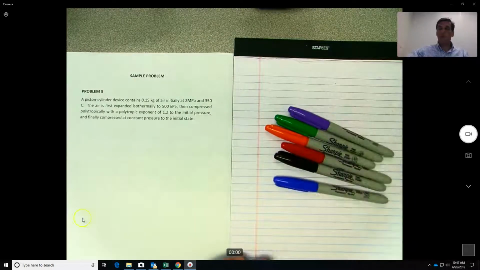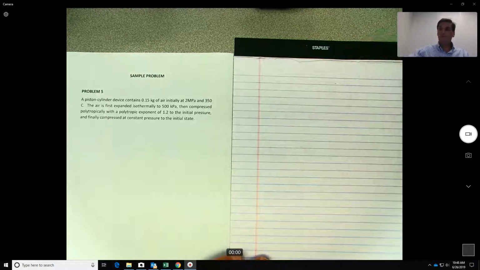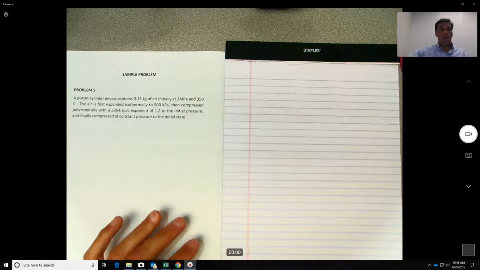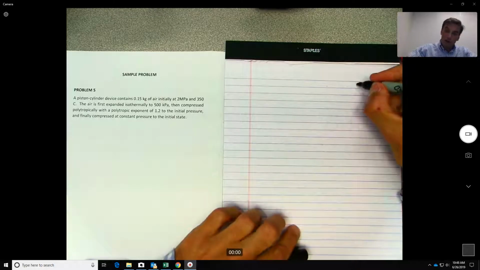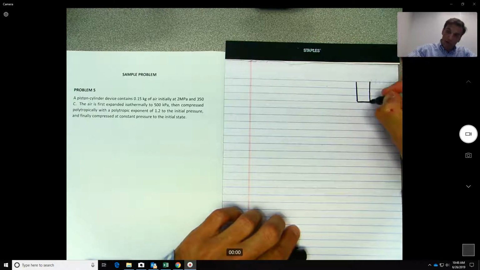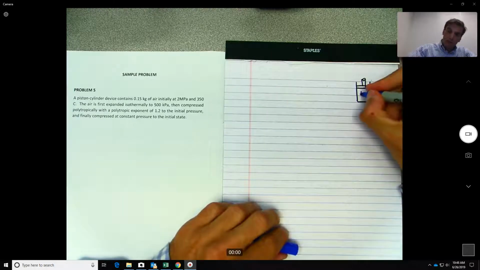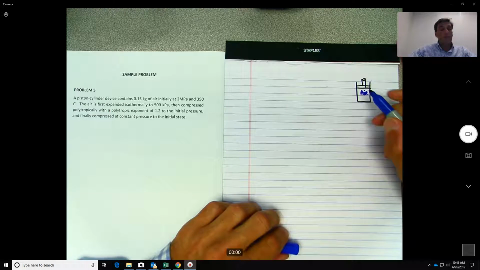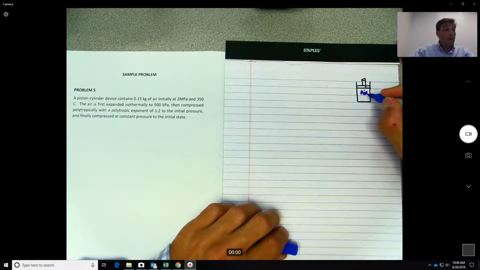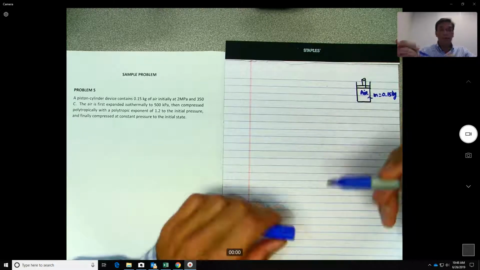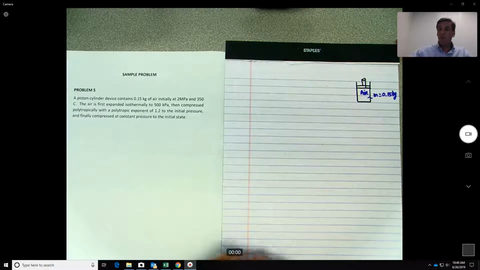Okay, so let's read this problem over here. A piston cylinder. Okay, so I stop right there and I do the figure of a piston cylinder. Contains air. Okay, so as I read the problem, piston cylinder assembly we know will be a closed system. Air we know will be an ideal gas of mass 0.15 kilograms. So that gives me time to think about the problem. Of air initially,